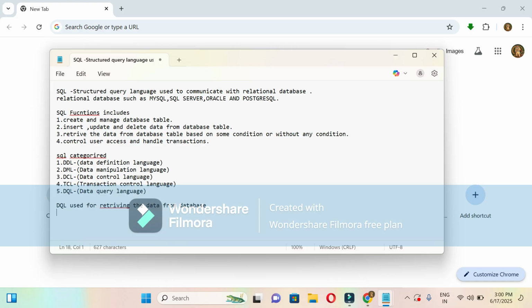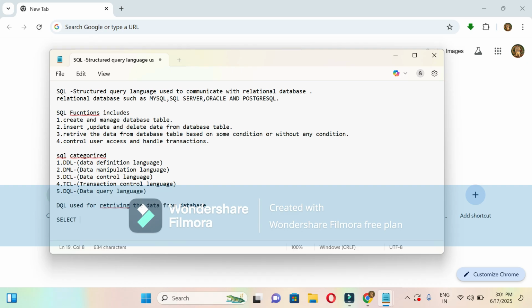DQL, Data Query Language, is a part of SQL, one of the categories of SQL, which is used to fetch or query the data from the database. The common keyword used in DQL is